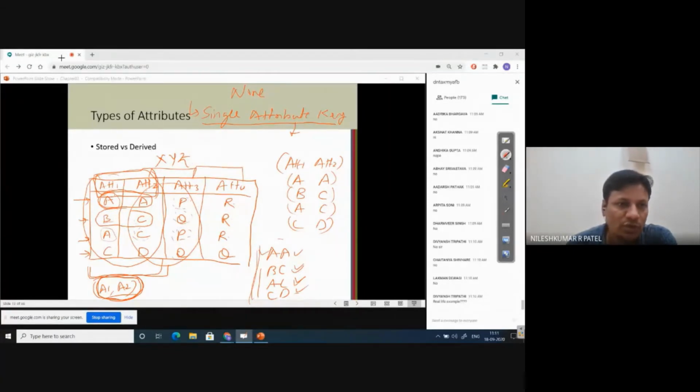And if it is not possible with first and second, second and third, third and fourth, right? Now two attributes are not having any key attributes. So now we combine first, second, third, fourth.